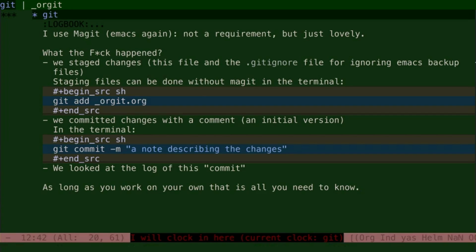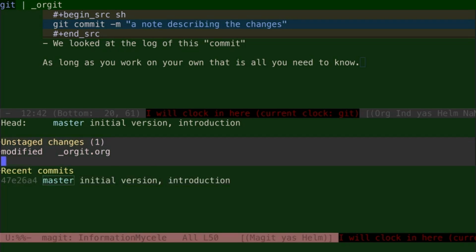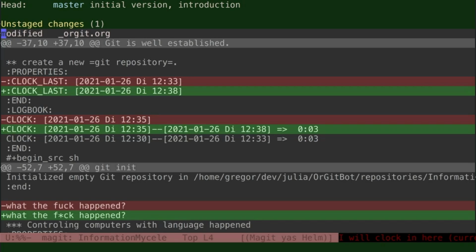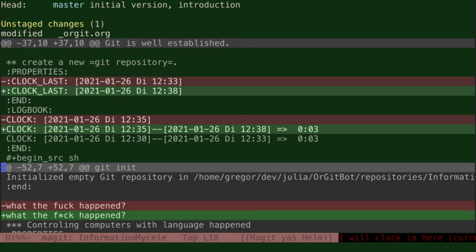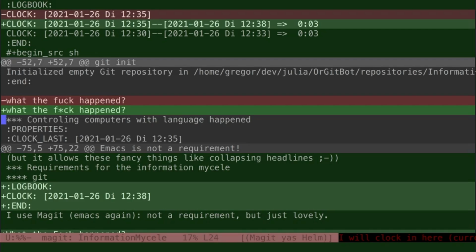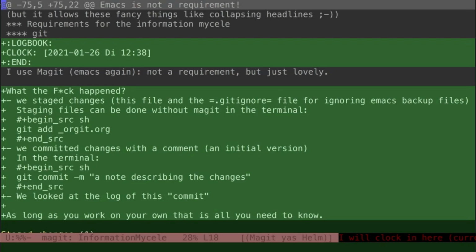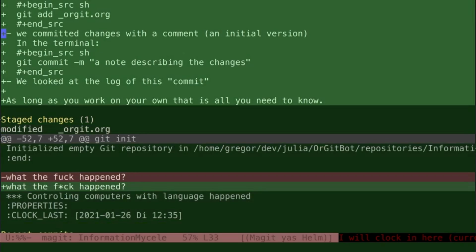So let's recapitulate and look at the changes we made in the meantime. So you can see here that we prettified the offensive words a little bit, and we added the description of git add and git commit.